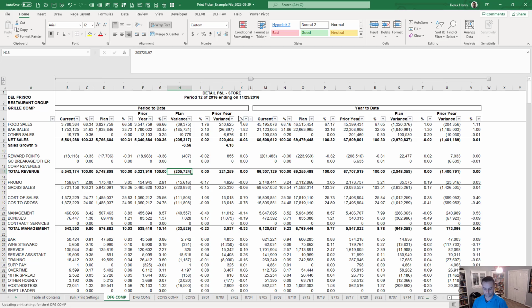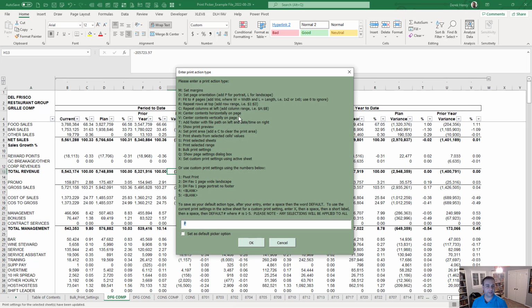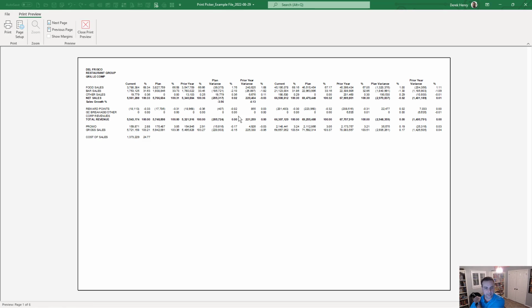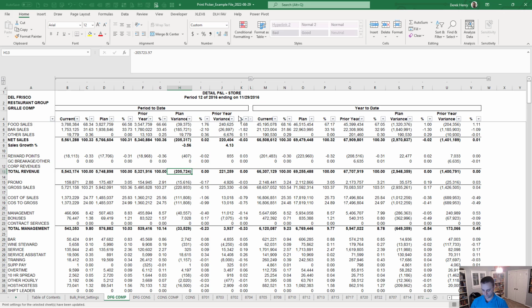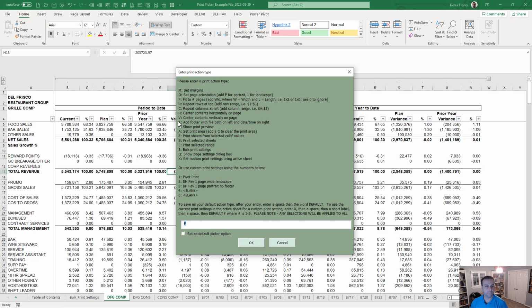So we're going to run that. Not going to be as necessary here because, again, there's so much data, it's fitting into 1 page, but it will center it horizontally. So sometimes if you have not a whole lot of data and it shoves it all on the left side, centering horizontally might look a little better. Use option H for that. Option V does the same thing, but for vertically. So just taking a look here, center it